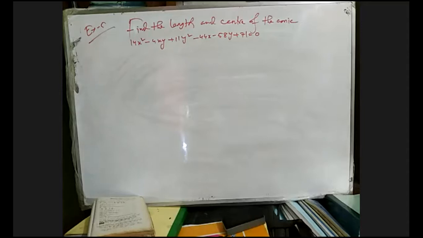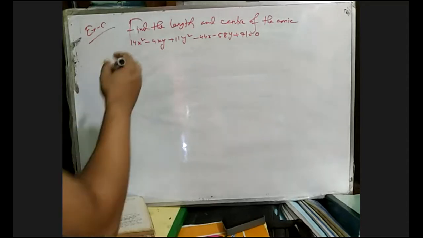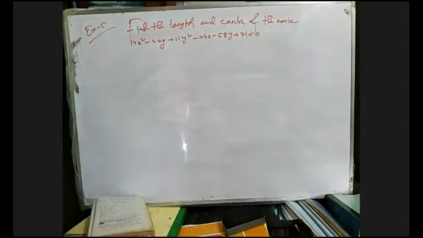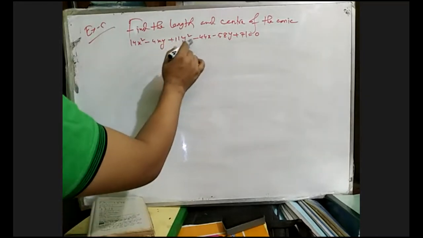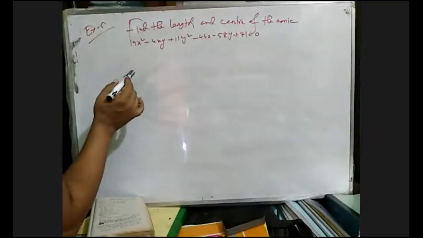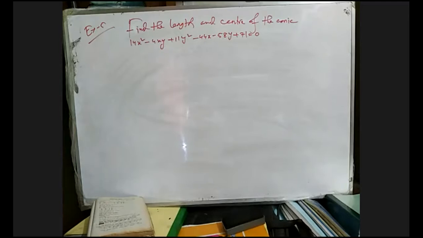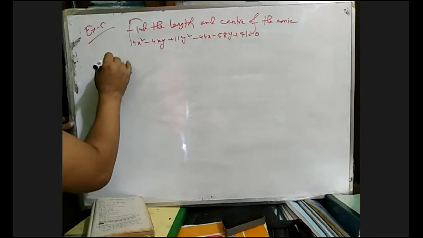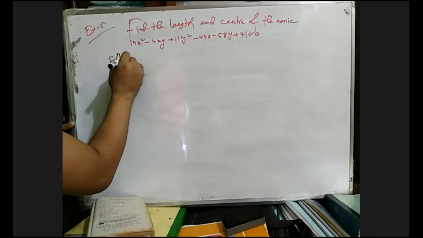Now another example, 5. Find the length and the center of the conic 14x square minus 4xy plus 11y square minus 44x minus 58y plus 71 equals to 0. Now we have to find out the length and center of the conic. First of all, we have to write the given conic to the standard form. So, solution, let